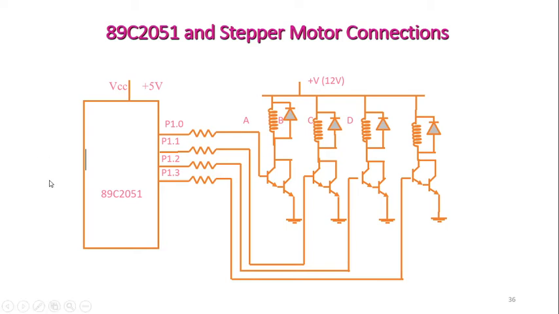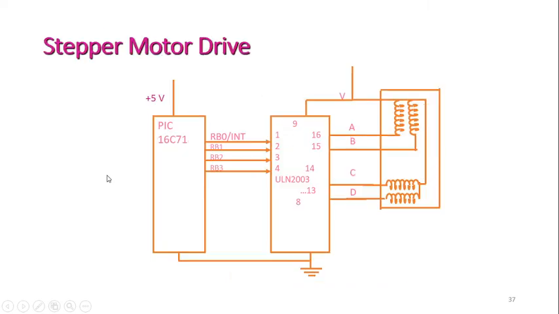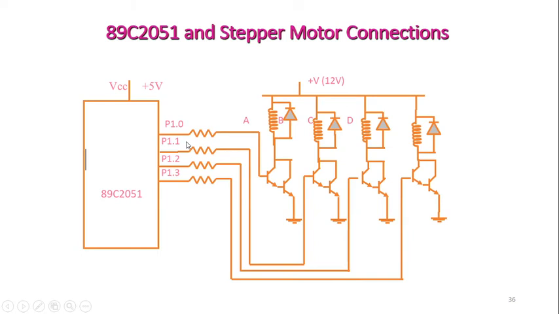Here in this case, you can take any microcontroller. I'm just taking the 89C2051 as per the textbook. If you want, you can go with the PIC microcontroller also, but then you are supposed to specify the port pins coming from the PIC microcontroller. The PIC microcontroller diagram is also right over here. There is a difference between the previous diagram and this diagram.